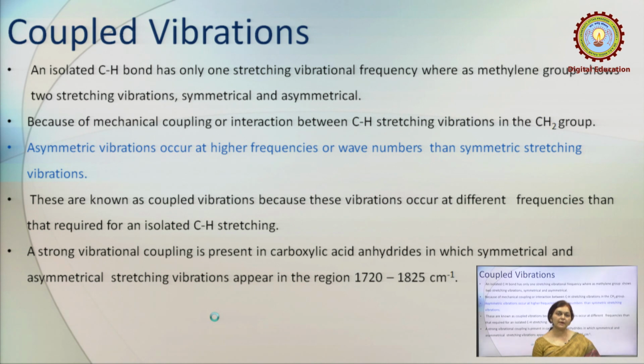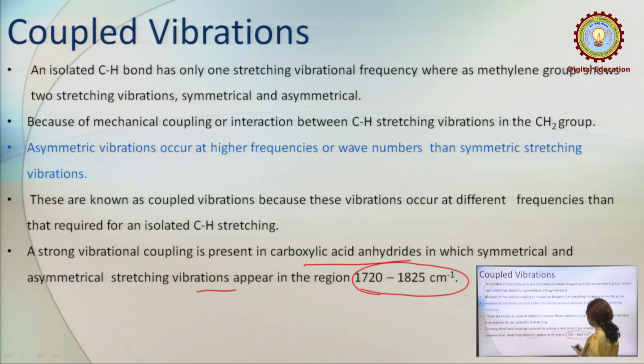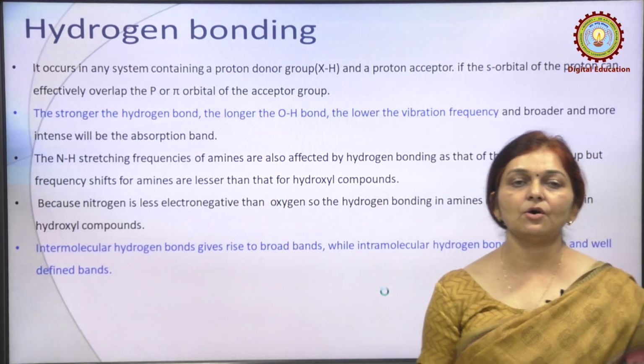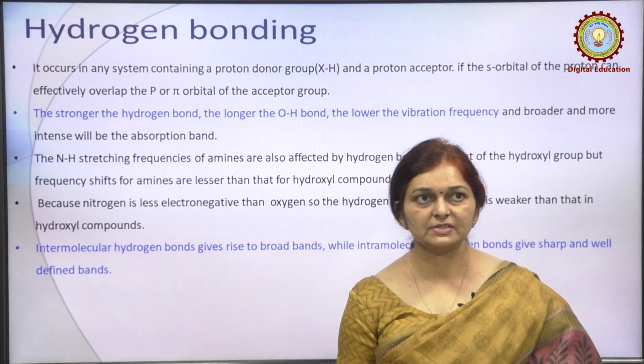A strong vibrational coupling is observed in carboxylic acid anhydride, in which symmetrical and asymmetrical stretching vibrations appear in the region of 1720 to 1825 per centimeter, or centimeter inverse. Now, we are going to discuss the second factor which is responsible to increase or decrease the vibrational frequency,